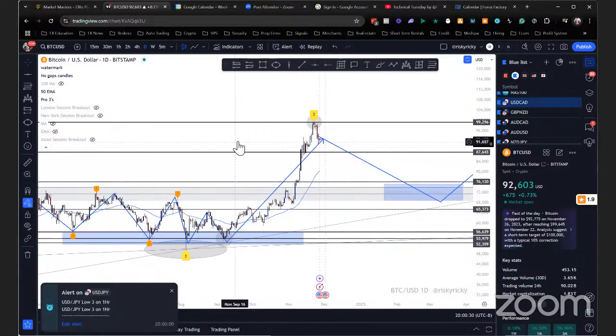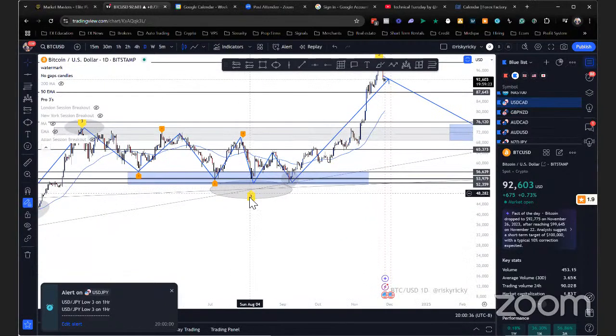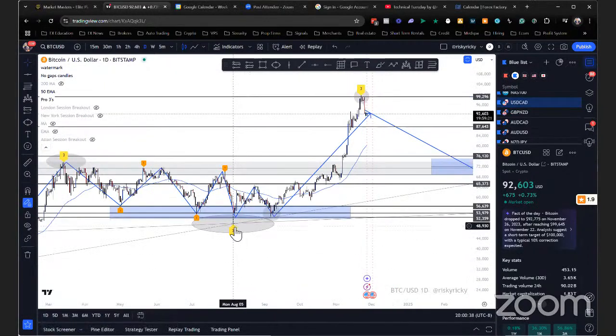But getting into this, anytime you see a three, like how we see here with Bitcoin, you would look for anything in the market that lets you know that price is expected to reverse. Like how we see the three down here at the bottom, we have a triple bottom formation. We have one, two, three bottoms. From there, you would get this point to this point, drag that across right there.